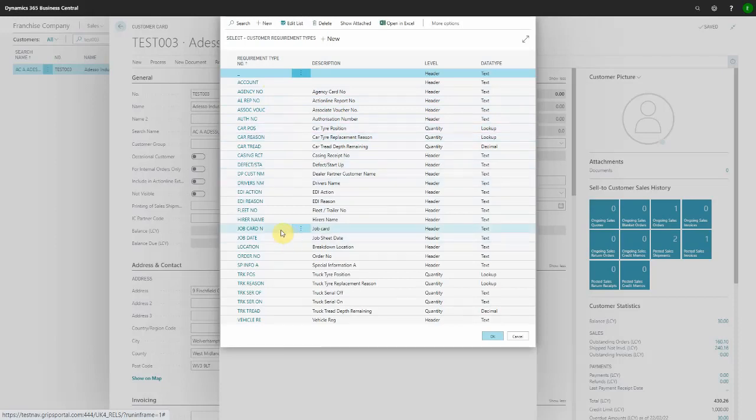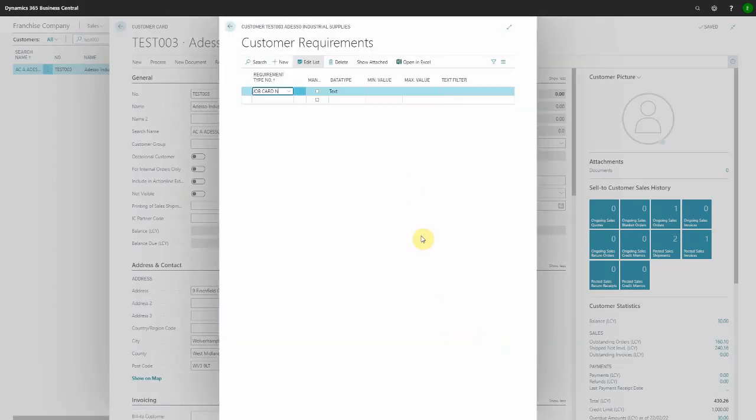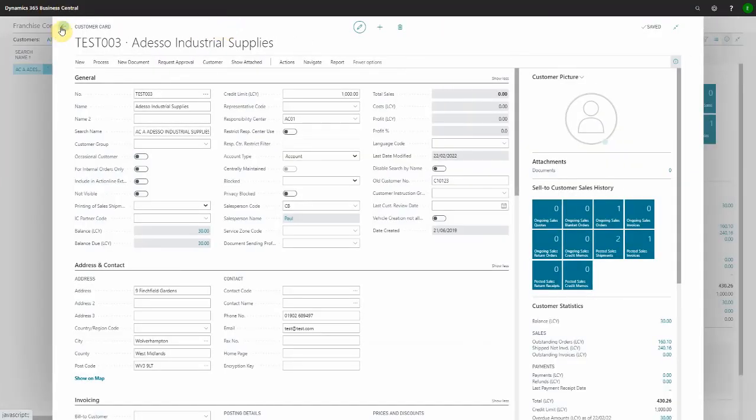So in this instance, we're going to select job card number, press OK. You can set a minimum or a maximum value, and you can choose if it's mandatory. So we're going to say yes, this is mandatory. If the mandatory field is ticked, this will stop them from processing the sale for that customer without entering this information first. So if we now look at this in action, we'll return to our main screen,